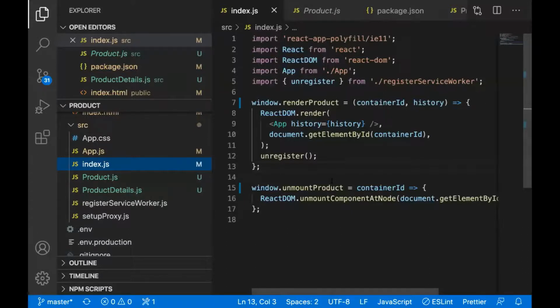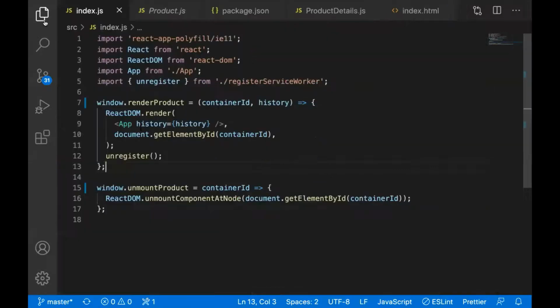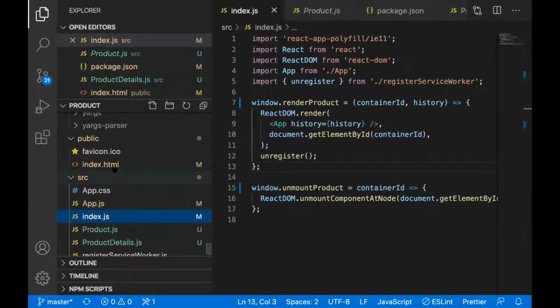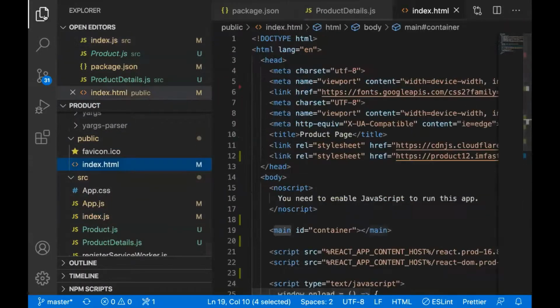But whenever we are developing a micro frontend, we should also have something so that we can see how our micro frontend looks, to run it independently. For that, the micro frontend already has its own index.html.